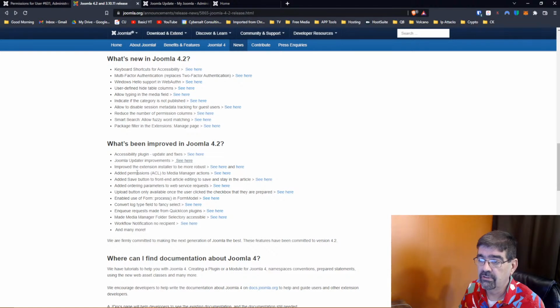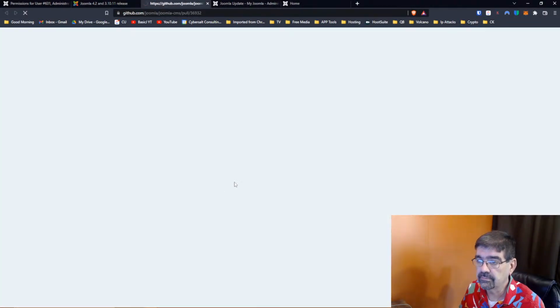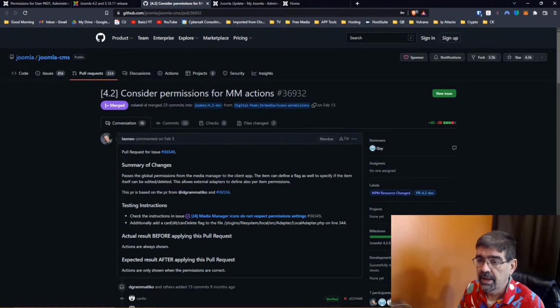Added permissions to the media manager actions. Passes the global permissions from the media manager to the client app. The item can define a flag as well as specify the item itself can be edited or deleted. This allows external adapters to define also per item requests. All right. So basically, for media manager, you can assign actions to